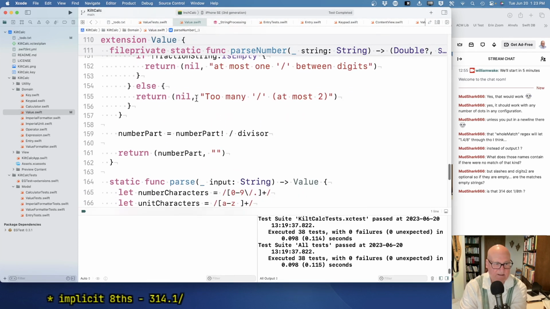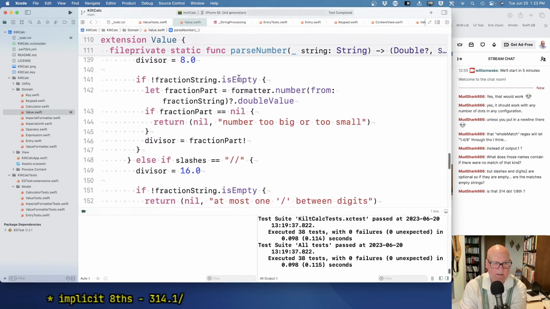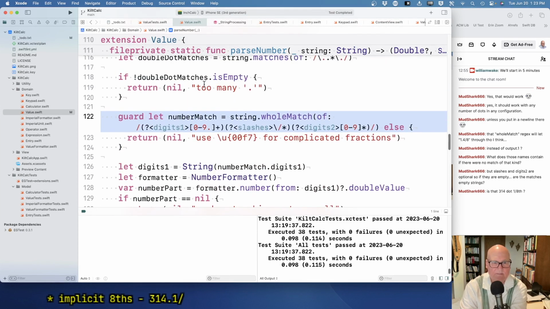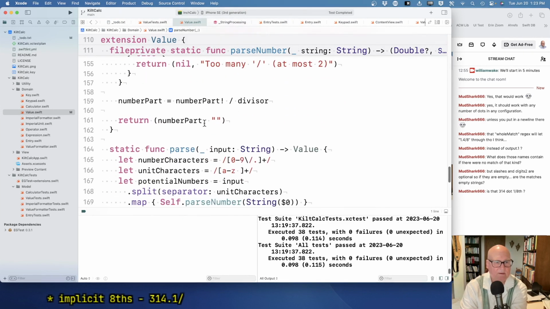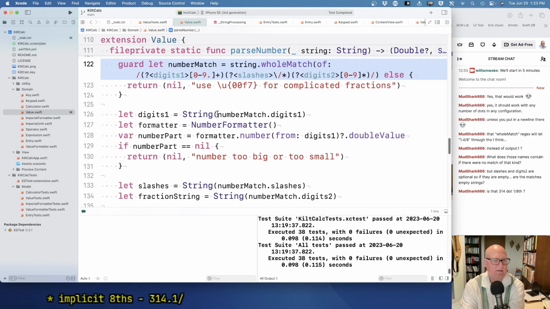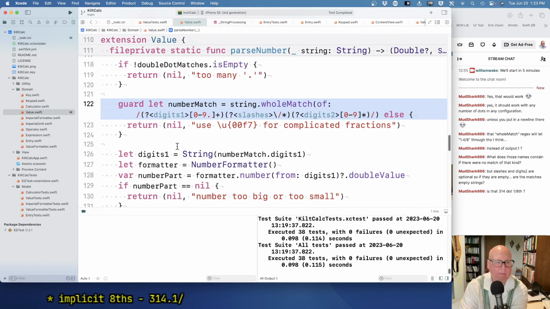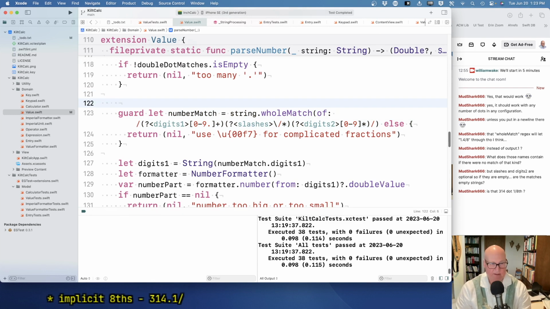And at some point, how far do I have to go? Well, okay, let's do this. Guard that. Otherwise, if we... No, I don't want to do that. Okay, I want to say guard,